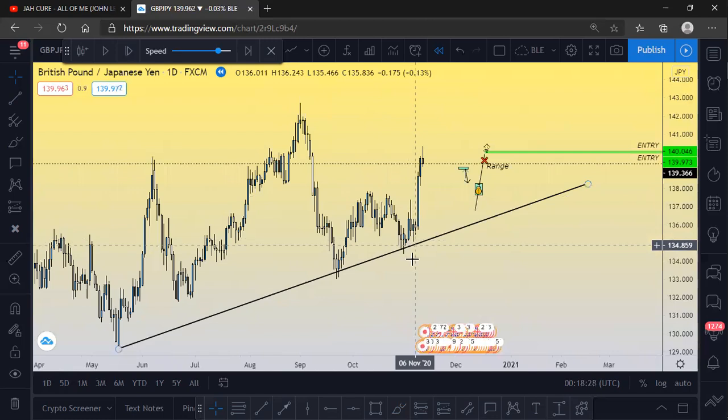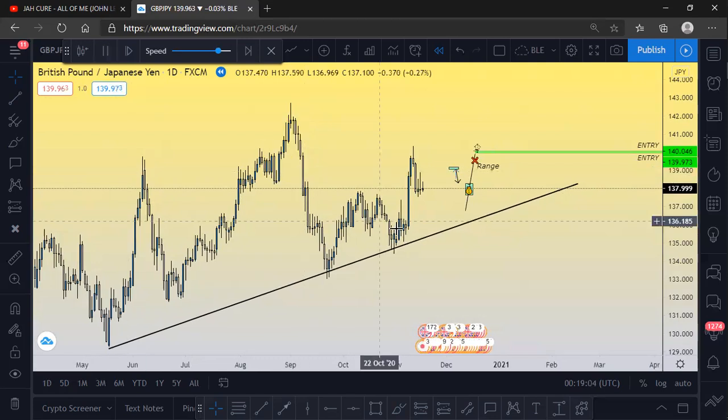Price has rejected. And looking at how choppy this area is, it shows that price is finding it hard to break this trend line. So that is basically how we use the trend line. We use it to project the future, so that if price gets here, we may likely see some rejection. Basically that is what I use trend line for, and I think that is what everybody uses trend line for. Some people may use it differently, but I feel this is what it's made for.